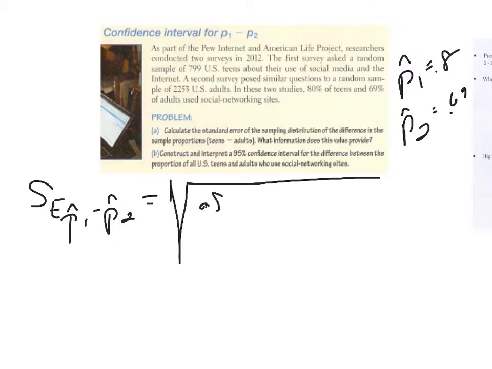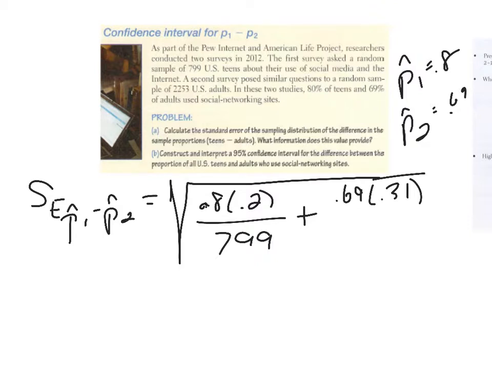So I have 0.8 times 1 minus 0.8, which is 0.2, over our sample size of teenagers, which was 799, plus the standard error for the adults, which is 0.69 times 1 minus 0.69, which is 0.31, over our sample size of adults, which was significantly larger, which gives us a value of